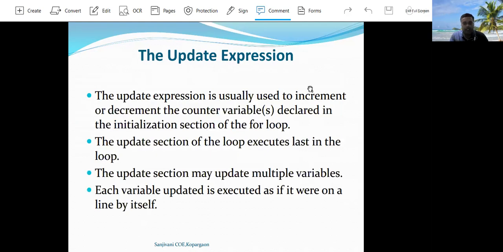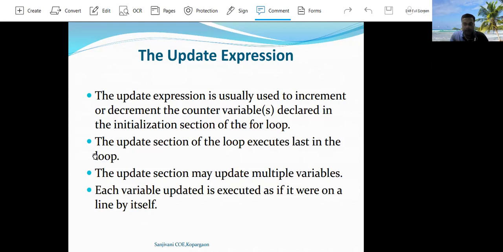The next one is the update section. The update section is usually used to increment or decrement the counter variable declared in the initialization section of the for loop. The update section of the for loop executes last in the loop. First the initialization section is executed, then the condition or test section is executed.